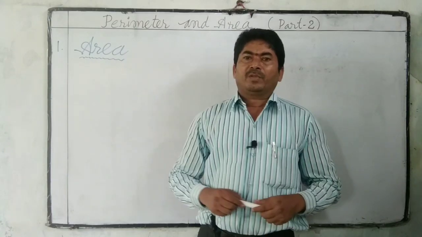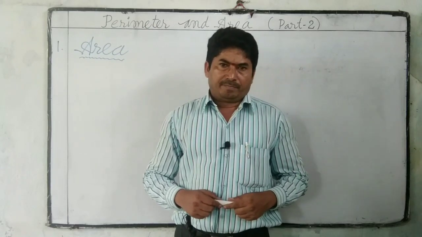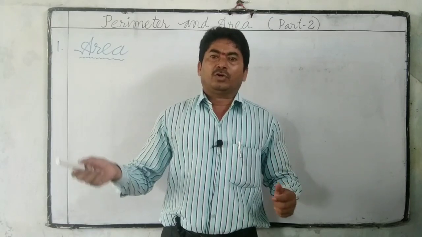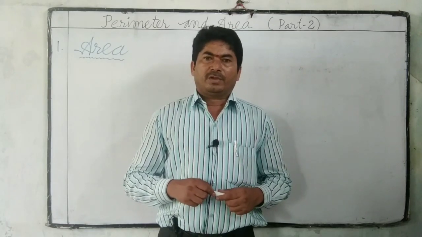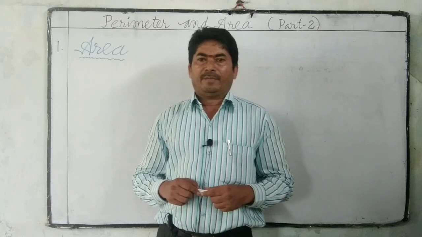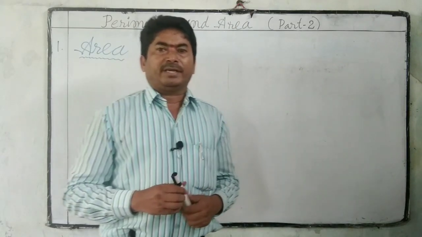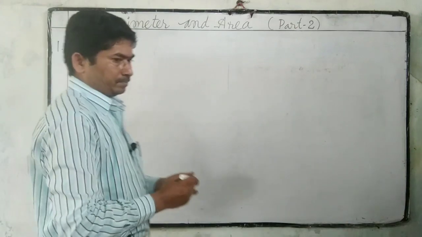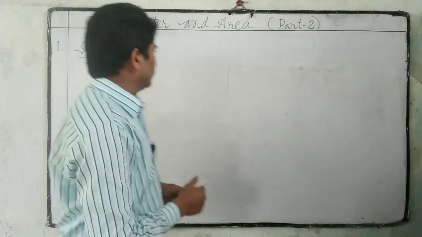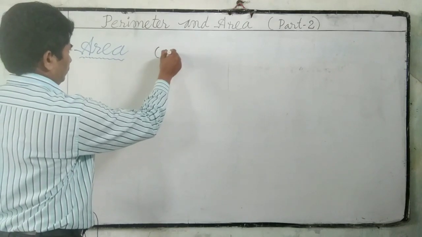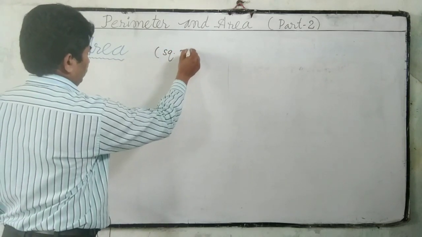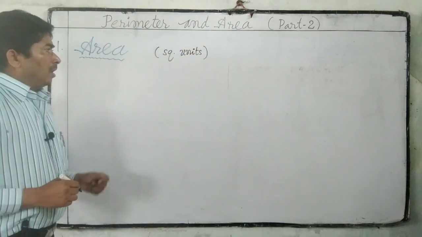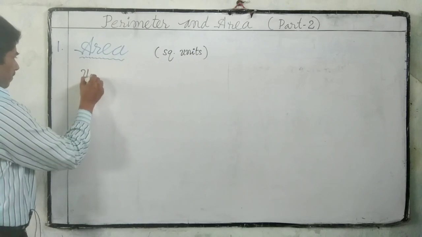First, area. What is an area? The amount of surface enclosed by a closed figure is called its area. Area is measured in square units. Units for measuring area are